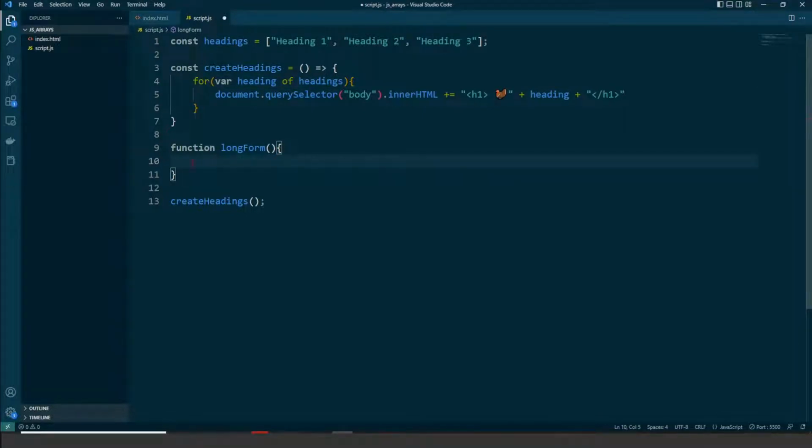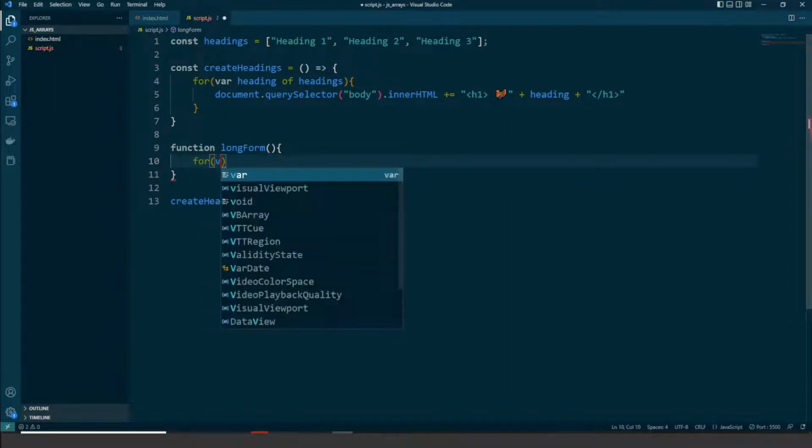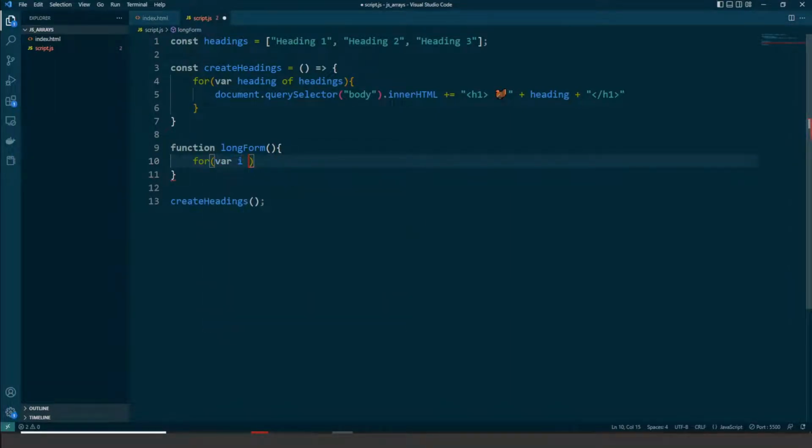Right, and so we can write something that is for var i is 0. Right, so that's going to be our starting location, i being our iterator variable in this case. So we're going to start at the value 0. And we want to go up to a certain numerical value. In this case, the numerical value that we want to go up to is the length of our headings array. So we're going to start out with i as 0, and while i is less than headings.length, so while i is less than 3,